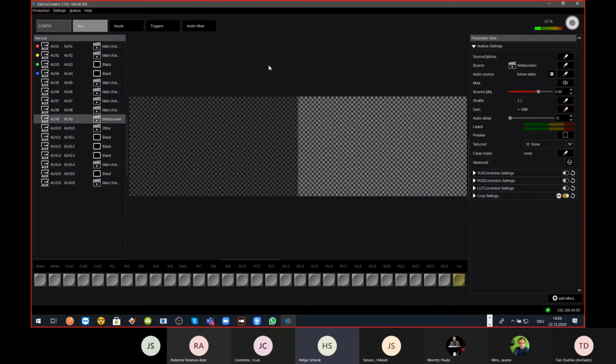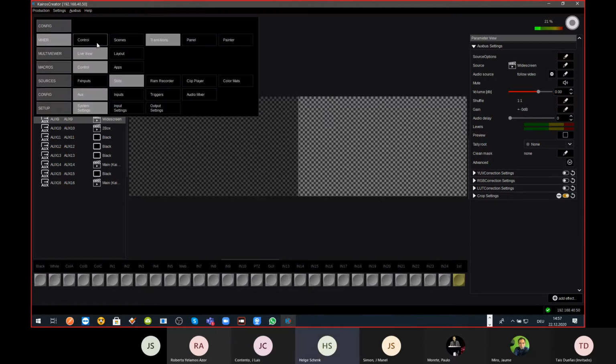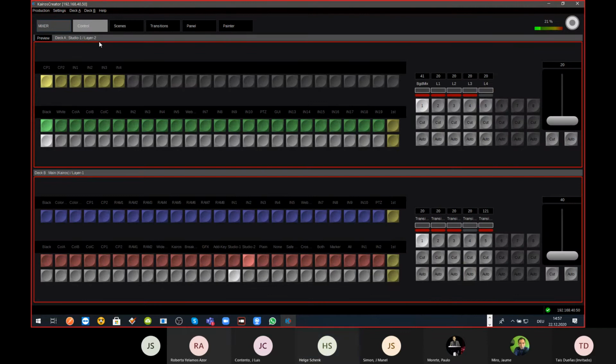And now finally, before we enter into macros, I want to give you a brief overview on what we can do on the control panel. In my lower segment down here, and I'm just not using the physical control panel at this moment, I'm just using the GUI in here. That's good enough for now, but I will show you the same effect, how I can treat this on the physical control panel. So you see down here, I have on my deck B, the scene is called main Kairos,